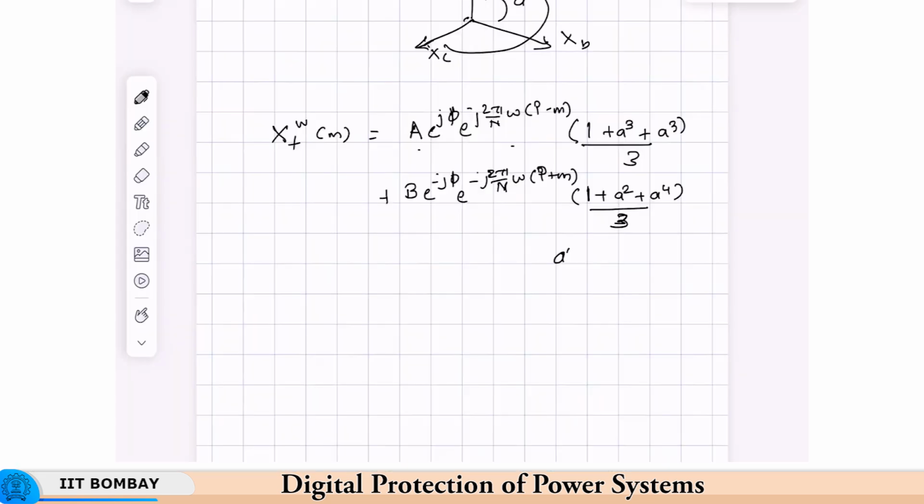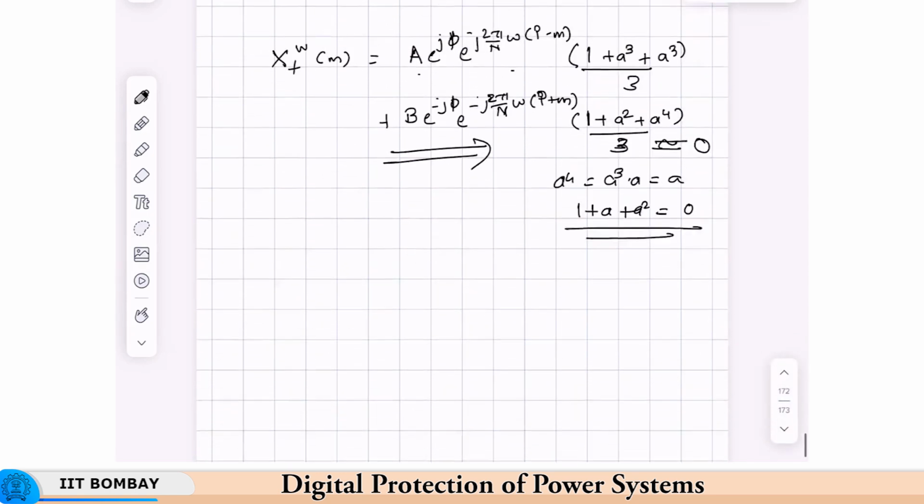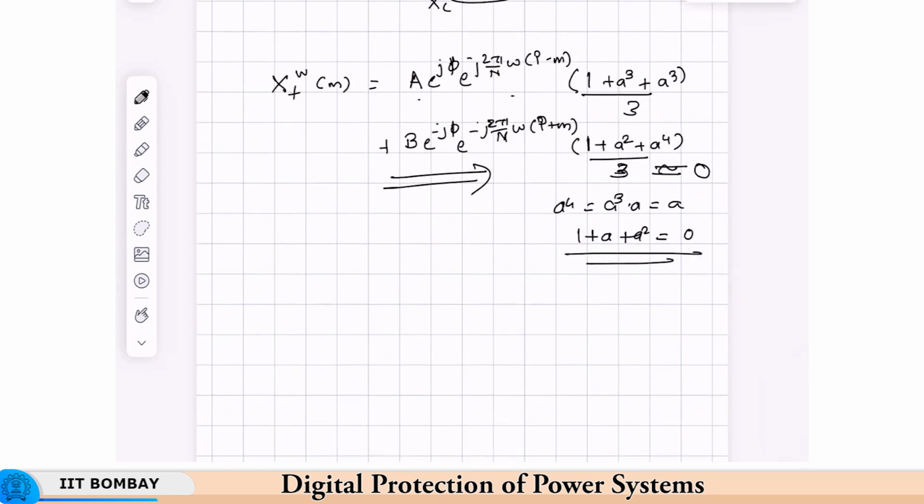Okay, so now what is A4? A4 is A cube into A, which is equal to A, and then what is 1 plus A plus A square? That is equal to 0. So the second term here is exactly equal to 0. So what are we left with? Earlier we had a second term which we said will go to 0 under certain circumstances, like very small deviations of frequency. Here, because we have taken the positive sequence, the DFT of the positive sequence phasor, the second term exactly goes to 0, and we have